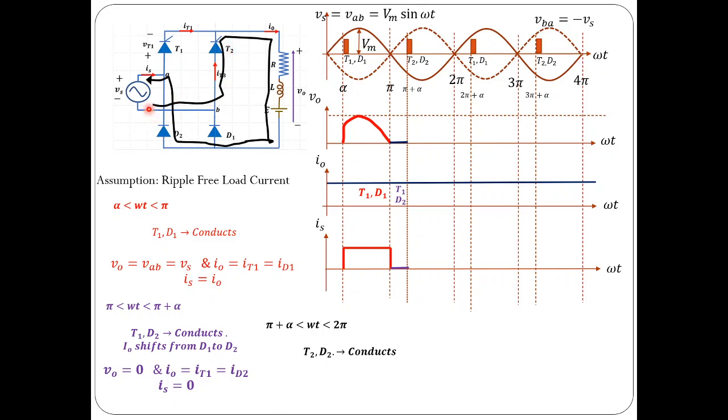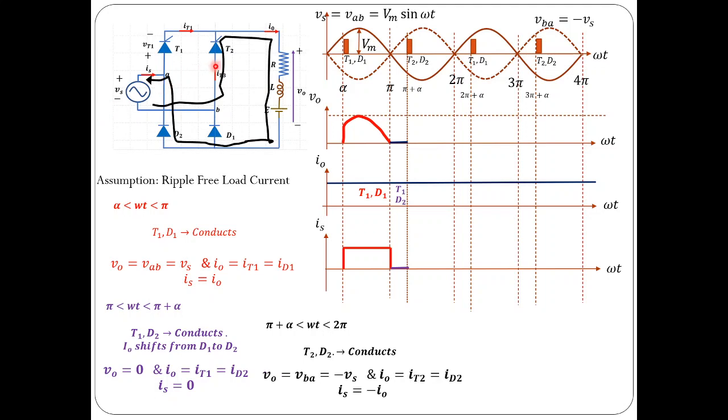So now during this interval of time, this is the path of current flow, that is from the source to the load through thyristor 2 and diode 2. So this is the new path. Assuming thyristor 2 and diode 2 are ideal, the voltage drop across them is 0 when they are conducting. So apply KVL for this conducting loop, and you will get the voltage across the load the same as minus Vs.